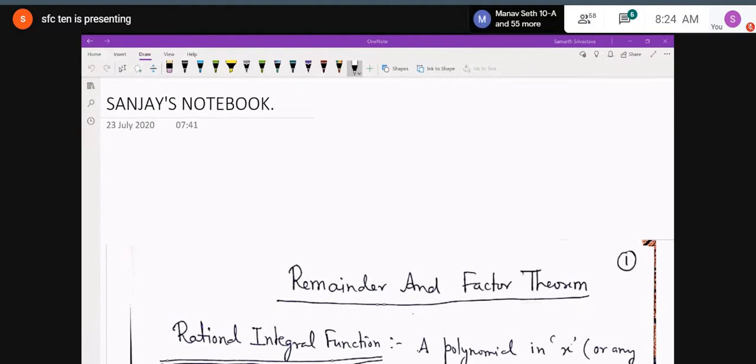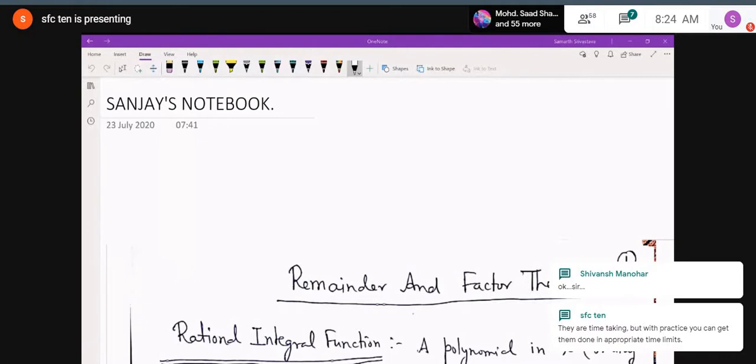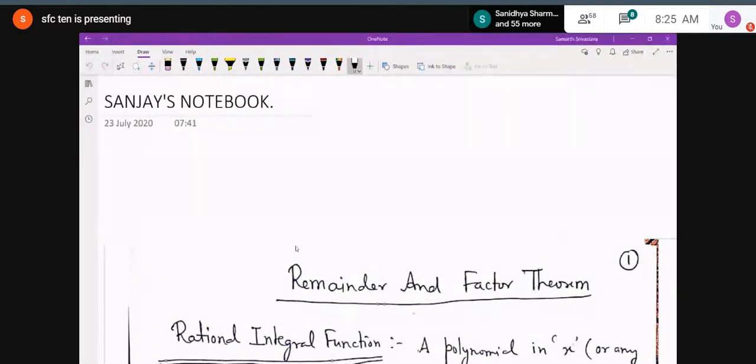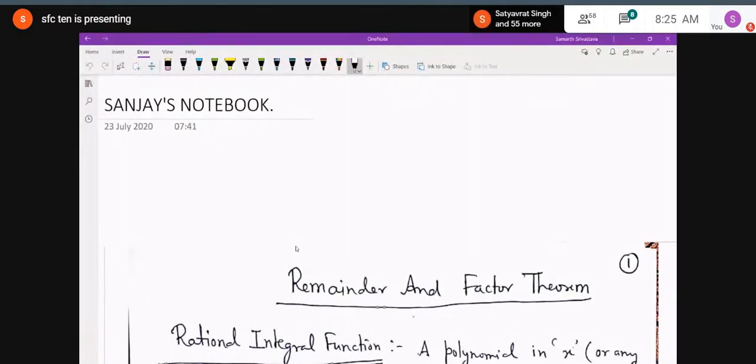From your textbook, you will get all types, but I have given you the types of questions which are generally asked in the exam, including the toughest one also. This was of the toughest level. That's why I have given it to you. And the easy ones you can easily do. Most of the boys have already done them, except these two questions. Among all the 12 questions, everybody has shown the correct working of 10 questions. And many boys were not able to proceed with these two. That's why I sent the solution. Now let us start with the topic remainder and factor theorem.